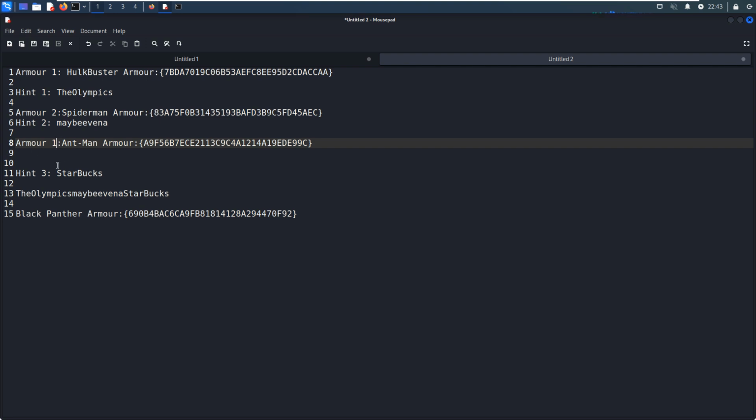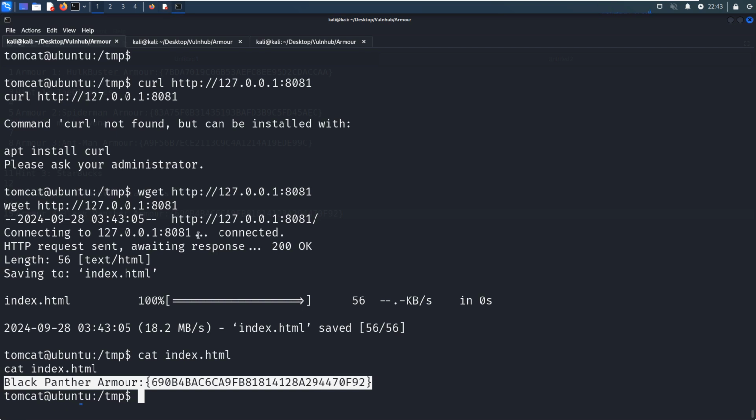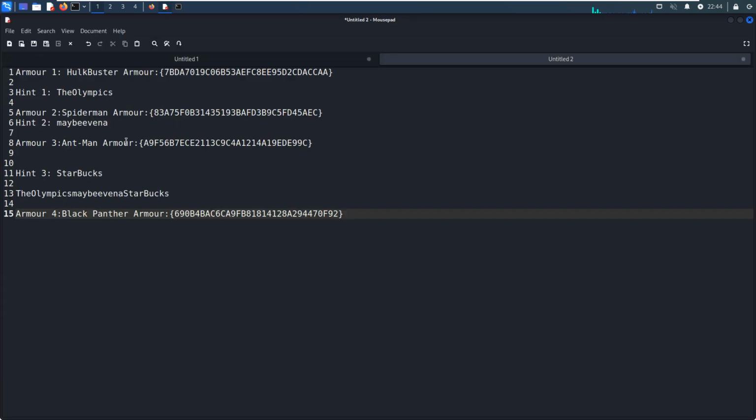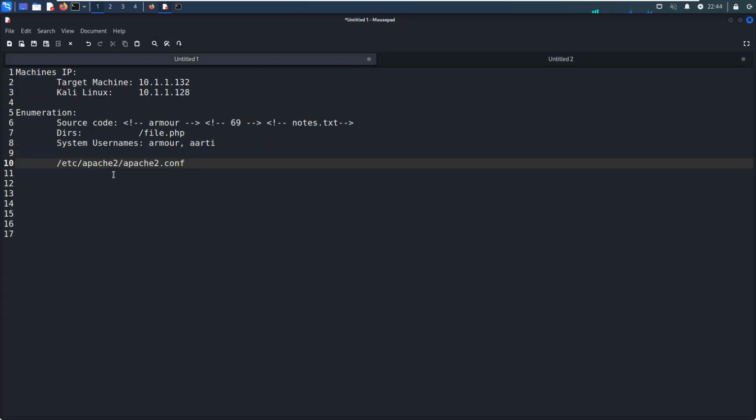Armor 3. Armor 4. Okay. So besides this information, nothing interesting we have already got except one thing. Just now we knew this file is writable by everyone. So I think we can make that movement by manipulating this file.